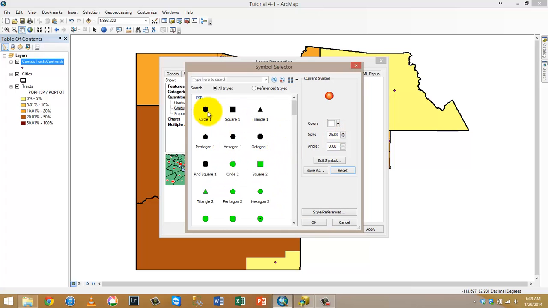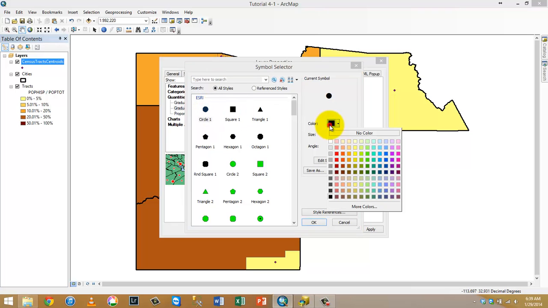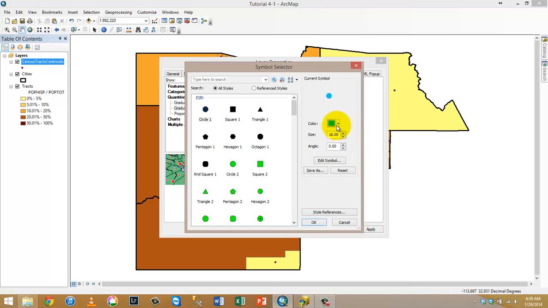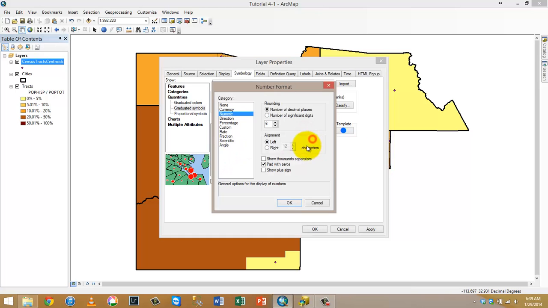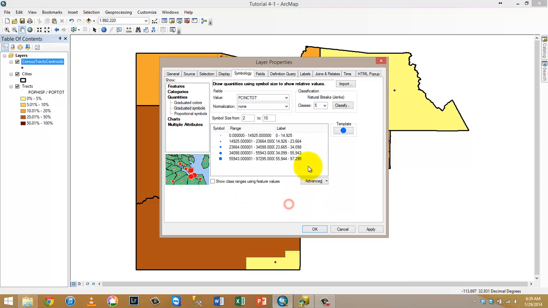I don't like it at all. So I'm gonna go with maybe a blue, so that it pops out a little more, and change these symbol size from 2 to 10, and format labels. Number of decimal places is going to be 0. Use 1000 padding, and